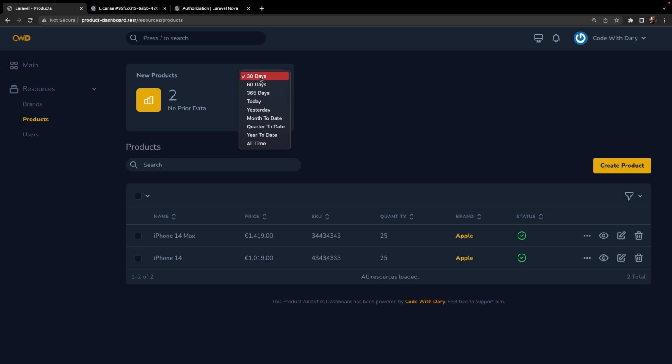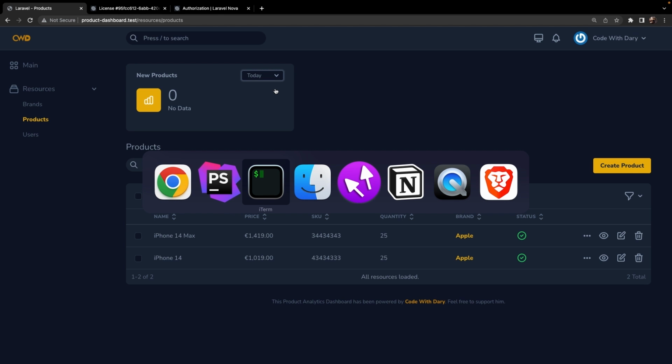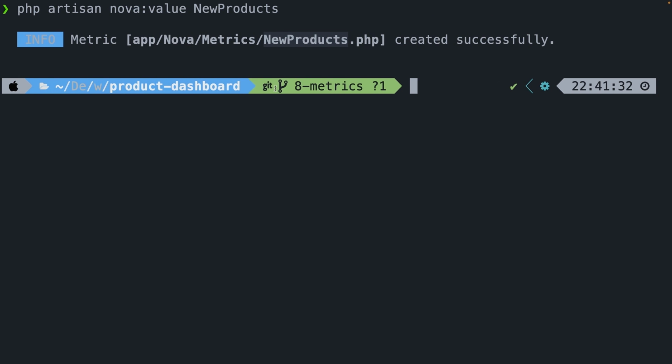If we change it up to, let's say, today, you'll see that we have no data because no product has been added today, even though the video is recorded right after it. Now let's make it a little bit more complex, where we are going to create new metrics which will show the average product price. Let's navigate back to the CLI, and let's define a new metric by saying PHP artisan